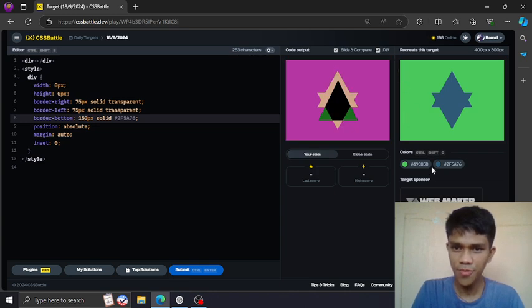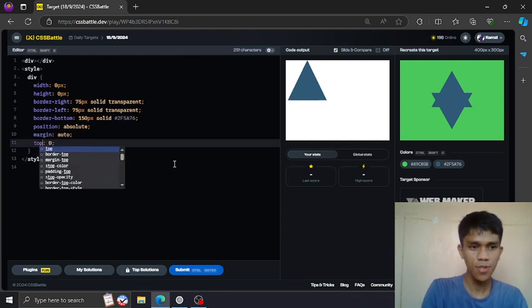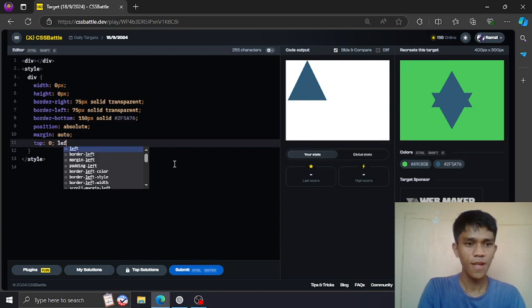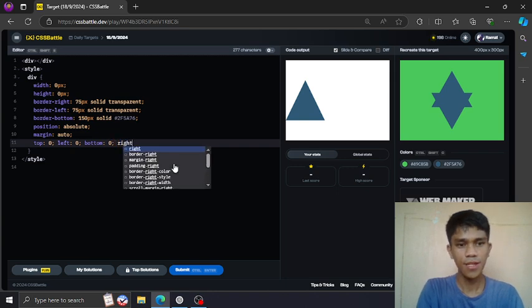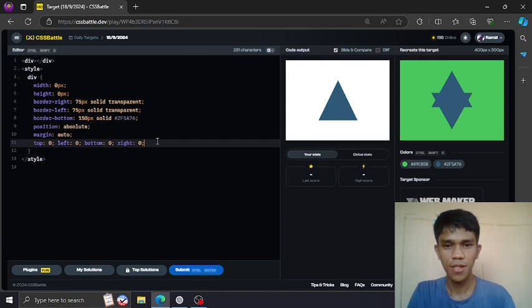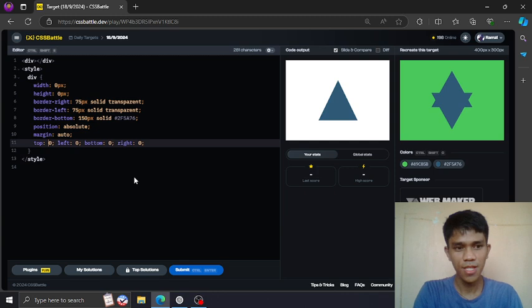I think we need to push this to the top. So instead of using inset, we use our custom positions: left, bottom, and right. They are 0 for now. And as you know, to push this element to the top, we need a negative value on the top. So 100,